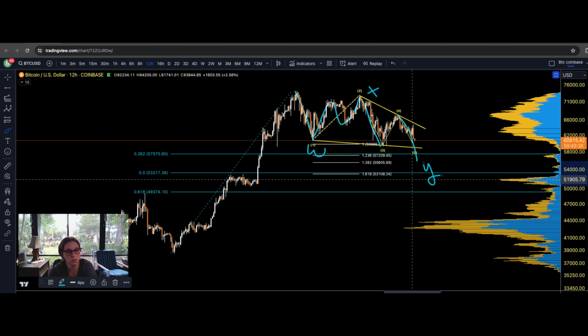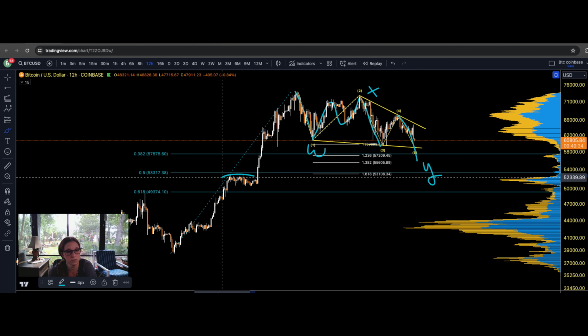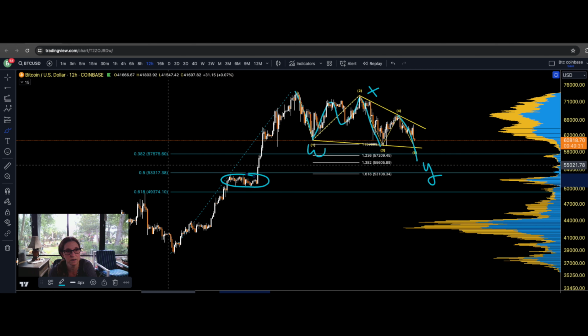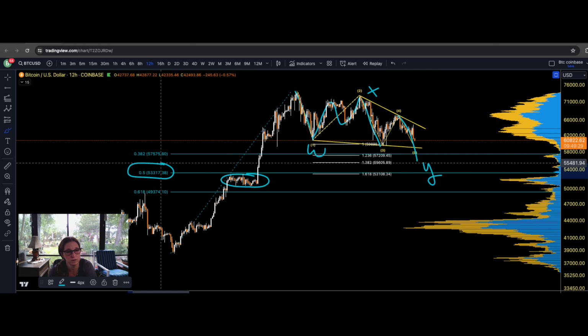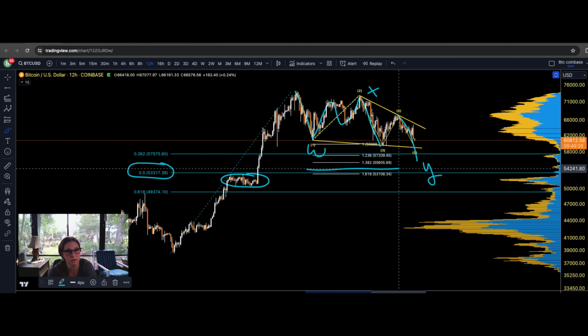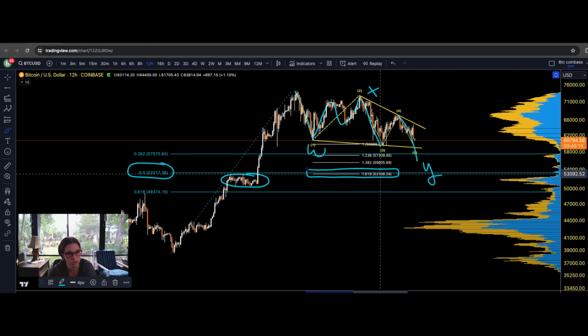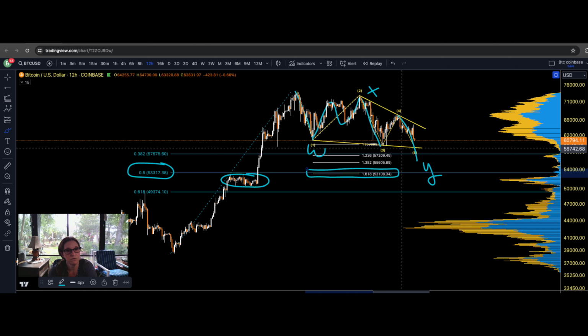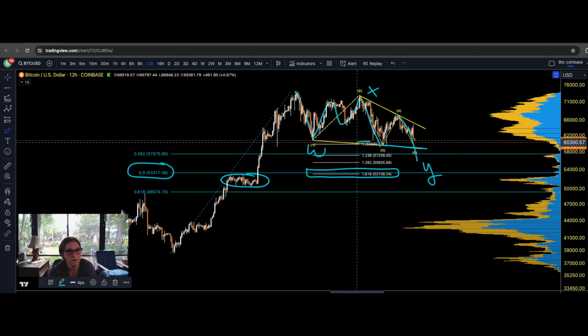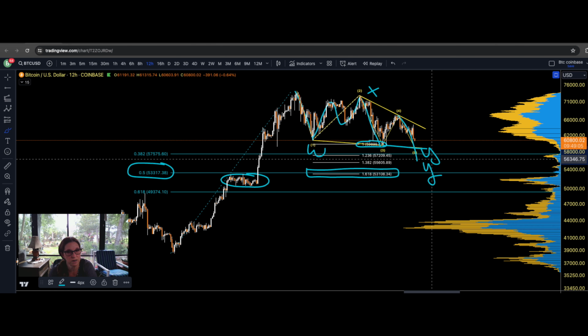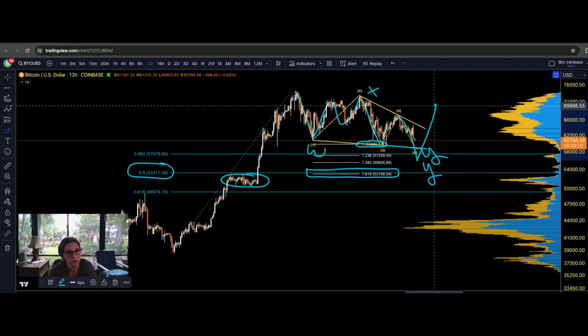We need Bitcoin to hold this correction. This would be the line in the sand at this 0.5 retracement and this 1.618 extension. A Y wave should not take out the 1.618 extension. Now, if it was to hold the trend line and this 1-to-1 extension, this can still be a Y wave and not a diagonal. And this is where Bitcoin will have its chance to go bullish.